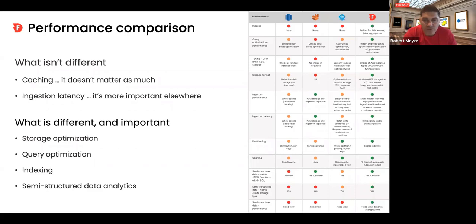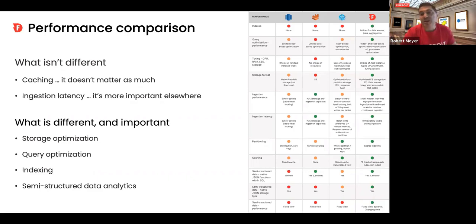But when it comes to performance, it's not repetitive queries that are the big difference. It's the first time queries, the interactive queries, the ad hoc queries where you couldn't possibly have cached that result because this is the first time you're running the query. That's why Fivetran ran their benchmark the way they did. They're testing out first time queries every time. They're clearing out the cache and running it again. And that's why we get questions when we're demoing, did you clear the cache? Because they know this is a first-time query. They want to see first-time query performance. So the caching is not as much of a differentiator.